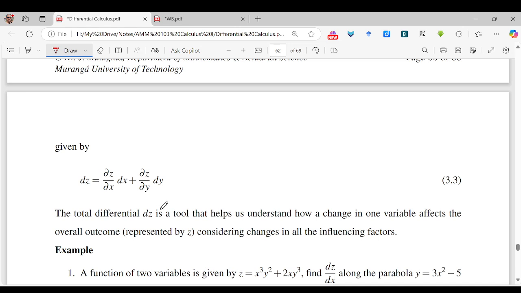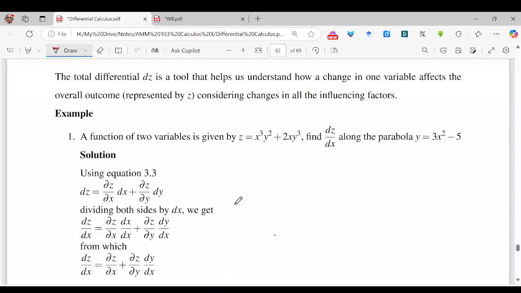So the total differential dz is a tool that can help us understand how a change in one variable affects the overall outcome, which is represented by z, considering changes in all influencing factors. So let's take an example. We have a function of two variables given by z equals x cubed y squared plus 2xy cubed. And we want to find dz by dx along the parabola defined by y equals